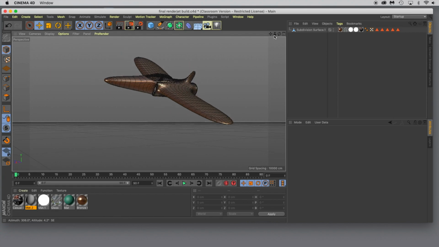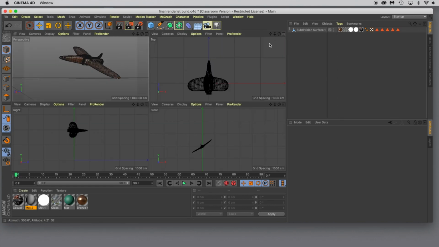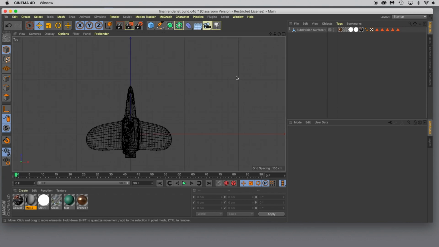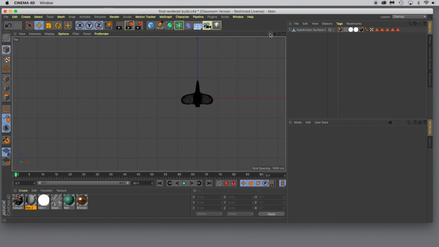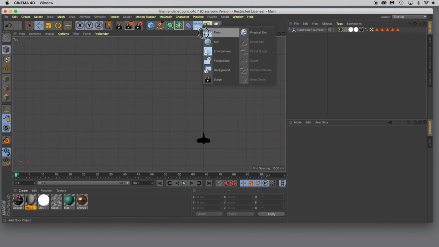So to set ourselves up, we're going to go up in here to split screen, and we're going to be using this overhead view right here. So I'm going to click that little tab in the upper right hand corner and zoom out a bit, and I'm going to put my plane in the lower right hand corner of my screen. And what we're going to do is build an environment for this plane to fly through. So we're going to go up here and grab a sky,